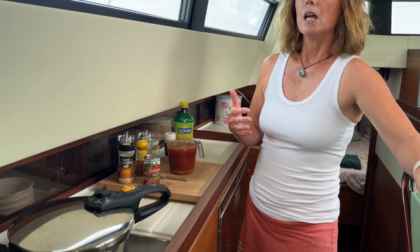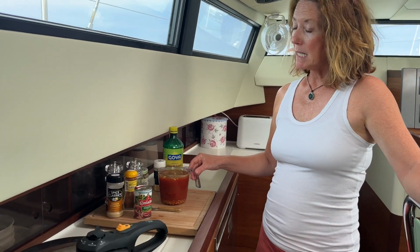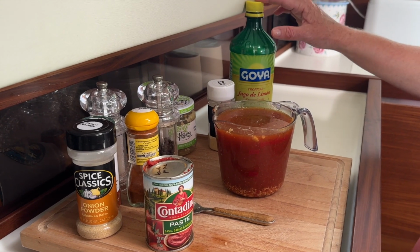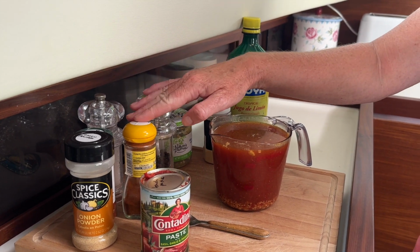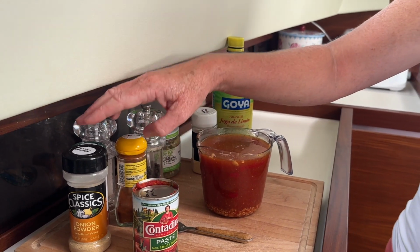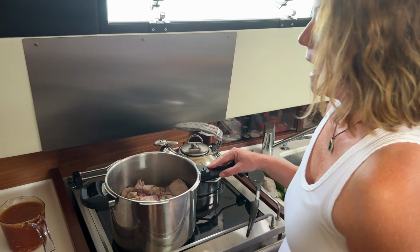So the pork that I'm going to be using will be in portions, so I'll add the pork to the pressure cooker shortly. I've pre-made this. Essentially what it is: some chicken stock, some lemon juice, mustard, garlic, pepper, salt, paprika, cayenne pepper, some tomato paste, and some onion powder. So I finished shallow frying the pork pieces in olive oil, and now I'm going to